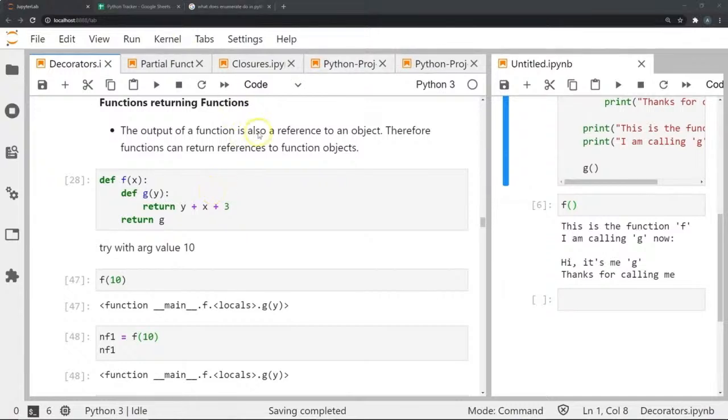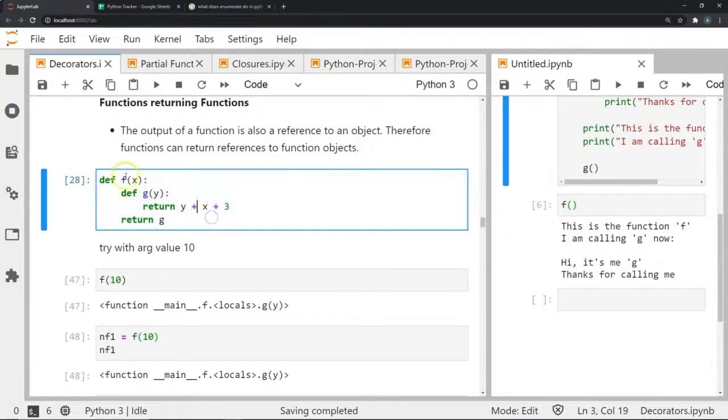So as we know, the output of a function is also a reference to an object, and therefore functions can return references to function objects. Out here, I've defined a function called f, which will take a parameter called x, and within it I've defined a function called g, which will have a parameter called y. And this g will return y plus x plus 3,